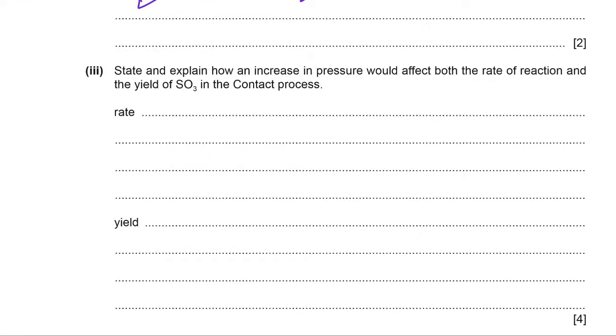State and explain how an increase in the pressure would affect both the rate of reaction and the yield. So here you have rate and yield. You have 4 marks, so that means you need 2 for this one and 2 for this one. Now the rate of reaction, it will increase. This is 1 mark. Why? Because the number of collisions,